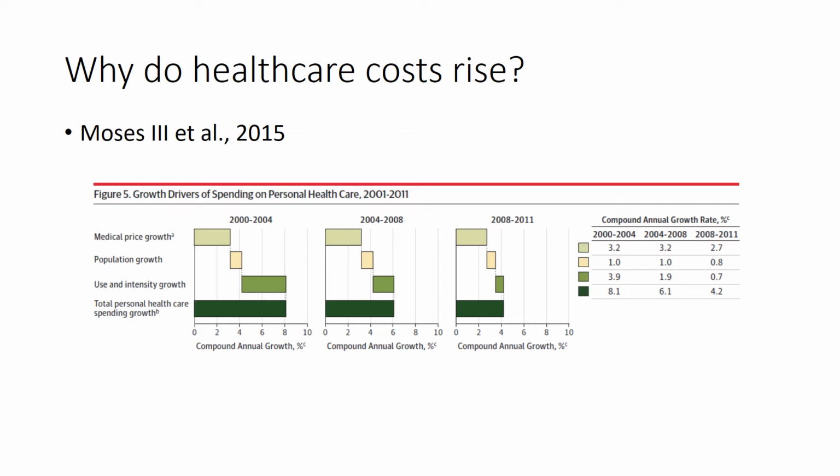If it matched the inflation, then we wouldn't have anything to worry about as long as it's constant. But the fact that it's growing faster than inflation, that's the worrisome thing. Now, in the early 2000s, the big driver was the use of medical services. And this could be in part due to the introduction of Medicare Part D, the prescription drug benefit. So now that more people had access to it, they could use it more.